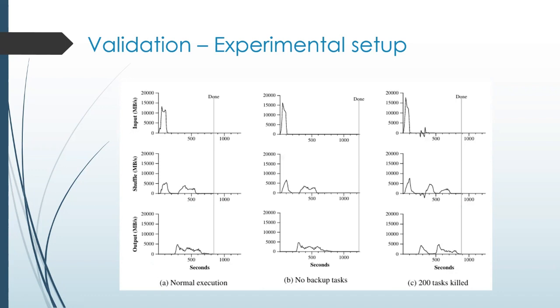Despite worker deaths, as the master reschedules the task to other workers, this shows only slightly higher time than the normal execution, as you can see. So this shows that the MapReduce system handles different scenarios such as normal execution, failure of backup tasks, and intentional machine failures